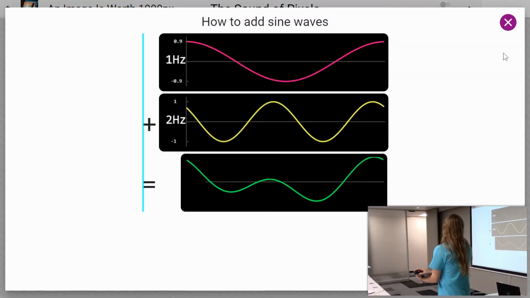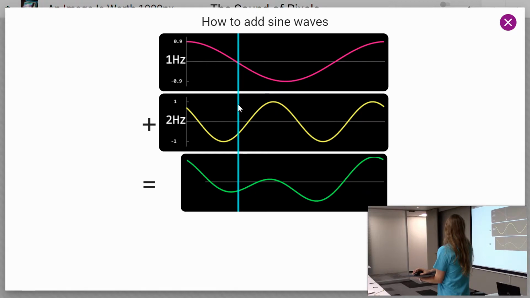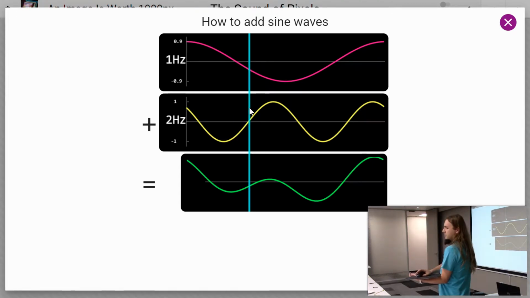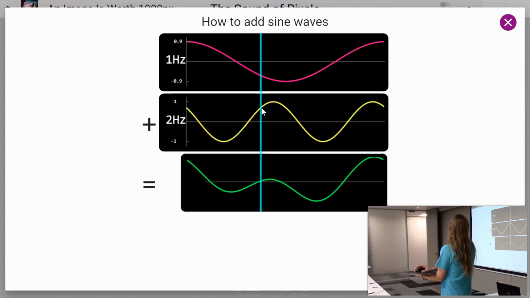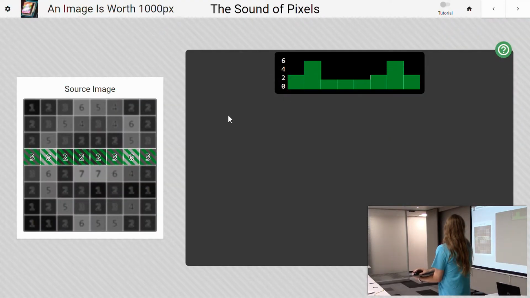Some of you might know this. If you don't, here's a 1 Hertz wave, and we're going to be adding it to a 2 Hertz wave. Just pick a specific point in time, like right over there. You can see the pink wave, 1 Hertz, is at minus something, probably minus 0.3, plus the yellow one is at 0 at that point. So you can see the result at the bottom is also negative. It's also minus 0 point something. If you move it on, you can see here, the pink has a large negative, the yellow has a big positive. Add them together, you get basically 0. Now that we know this,